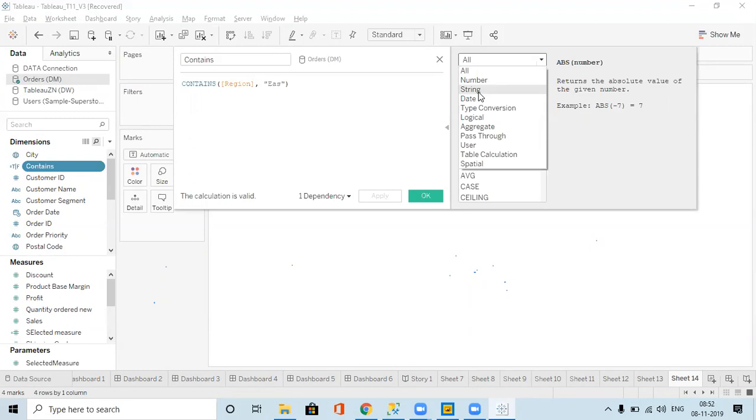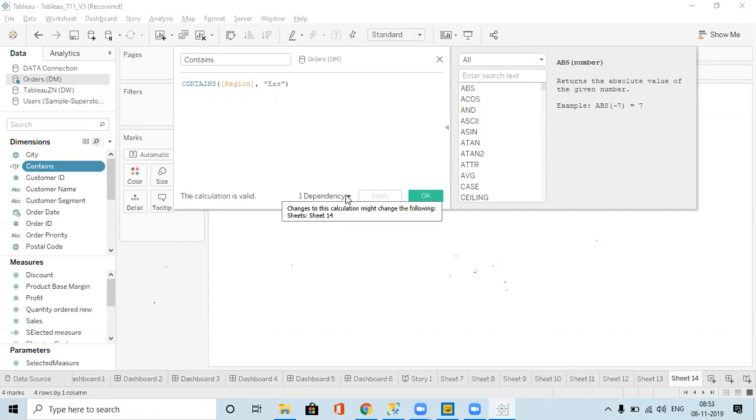Yes, but here one dependency is there. What is this? The calculation is valid, but there is one dependency. Does it mean it is dependent on one column, or what is it showing? It says changes to the calculation might change the following: sheet 14.